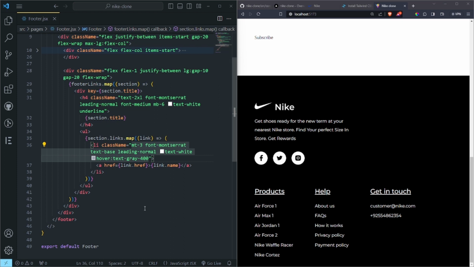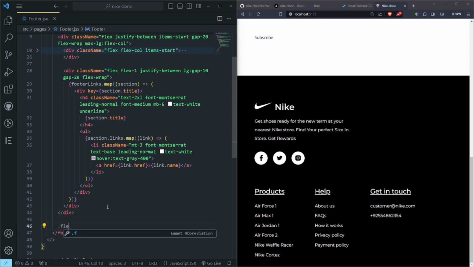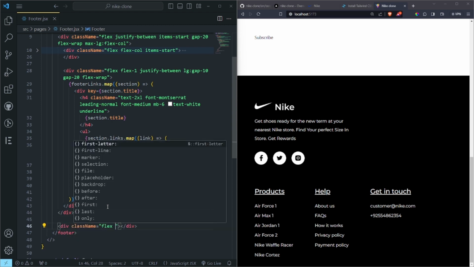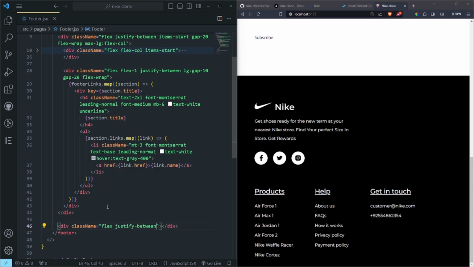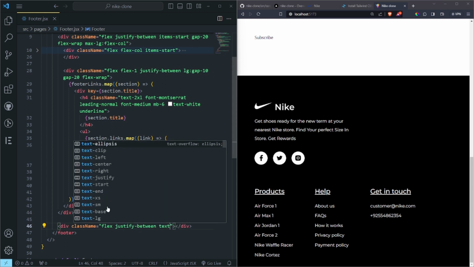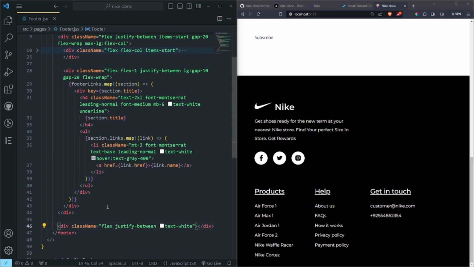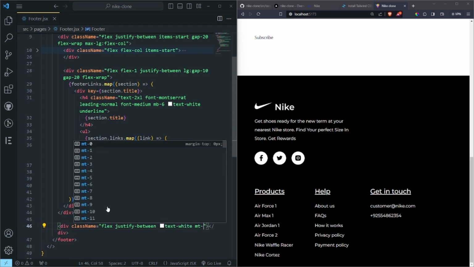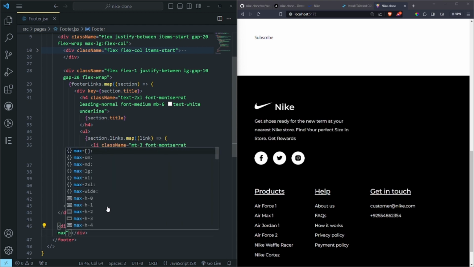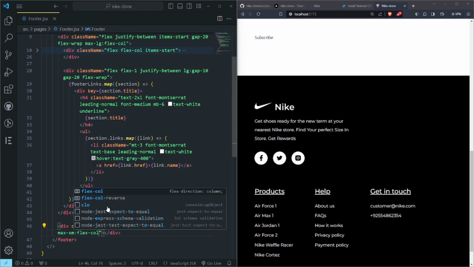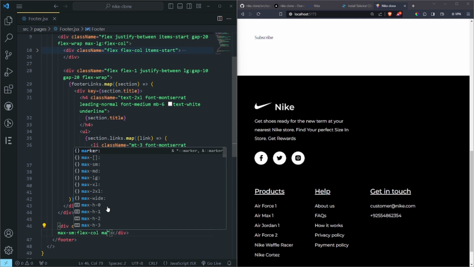So below this one, and then not that one, but this one, and then 2 divs down, you want to add another section which is going to be flex, and then here you want to do justify between, and then here you can do text white like that, and then you can do margin top of 24, and then you can do max-sm flex column, and then you can do max-sm items center,